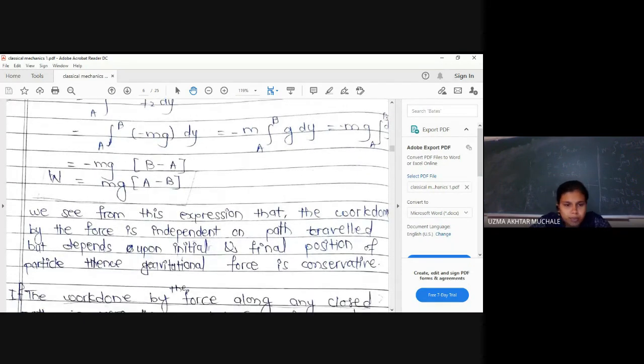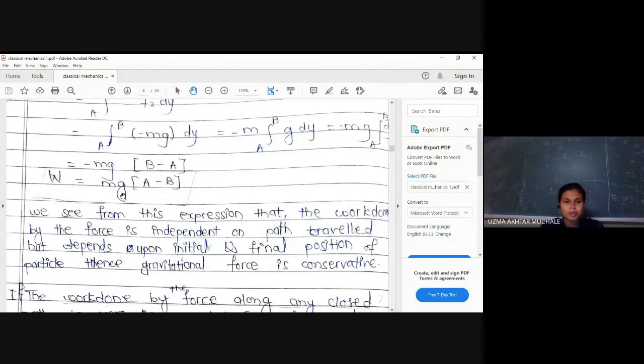So you can see from this expression, the work done by the force is independent of the path traveled, because it is simply showing that mass and acceleration are both constant, and only a and b matter. Okay, so whatever the formula for the work done in the case of gravitational field of force we have found is depending on only these 2 points, a and b, because mass will be constant, whatever particle you have, and the gravitational field of force is also constant.